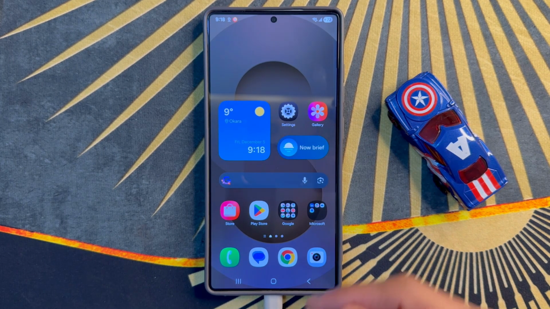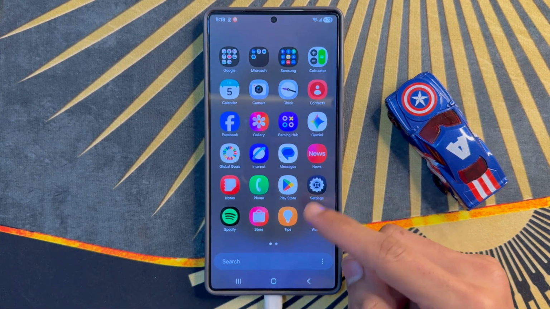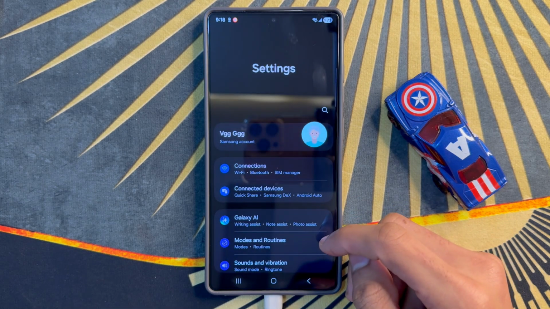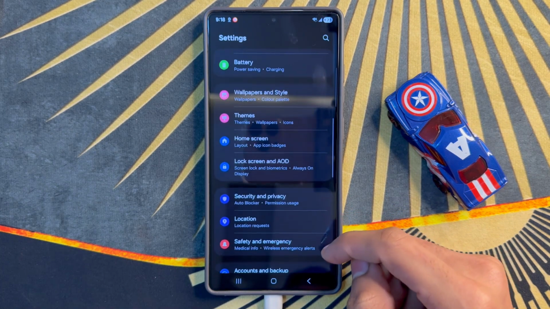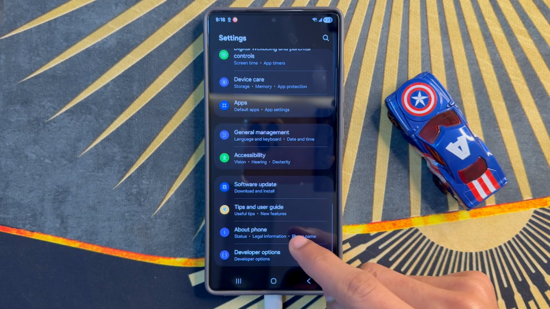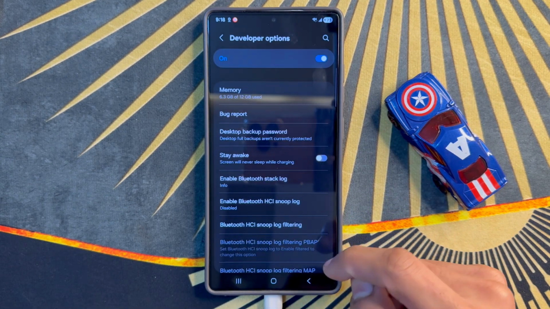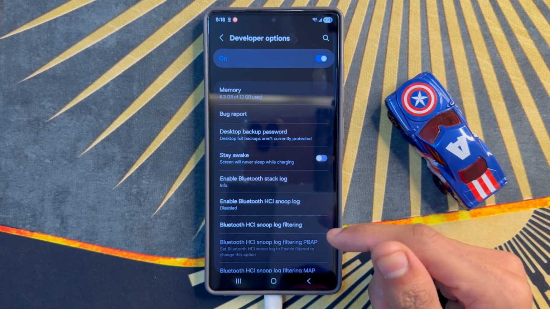First of all, go to app library. Now here, click on the Settings app. Now in Settings, scroll down to the end and click on Developer options. After clicking on Developer options,